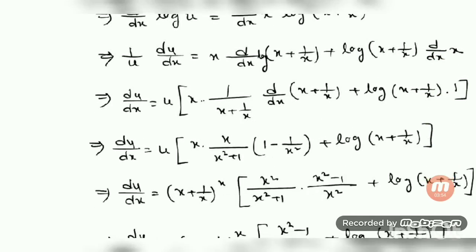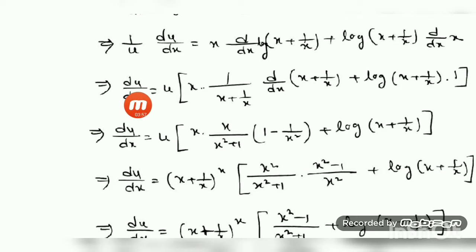After this, we are going to simplify it. On simplification, I bring this u to the right side, because our aim is to get du/dx. So I keep du/dx on the left side, and bringing u to the right side, it becomes a product. Together I have done the differentiation also. x you keep as it is. And this one, if you think of it as x, it becomes the log x formula. The derivative of log x is 1/x, so 1/(x + 1/x). And then d/dx of that expression, which you supposed as x, so take the derivative of that portion, d/dx of (x + 1/x). Plus, keep this as it is: log(x + 1/x), and d/dx of x is equal to 1. Okay, hope you understand this step.